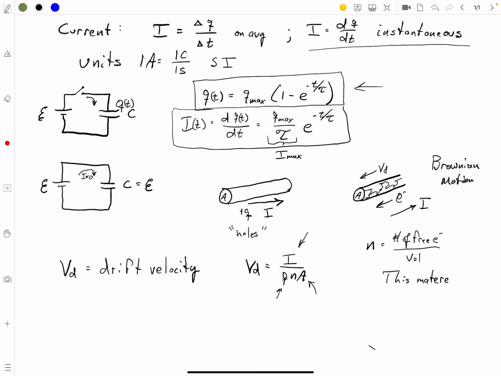Material. So some materials will have more than others. Okay, so this N is material dependent. Everything else,